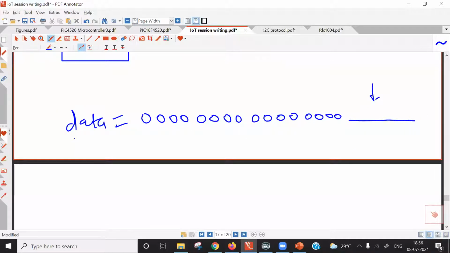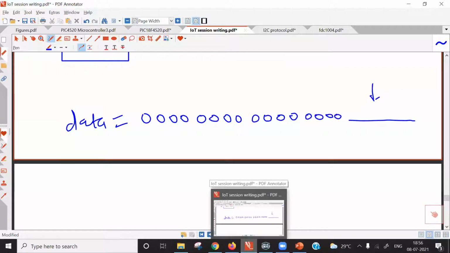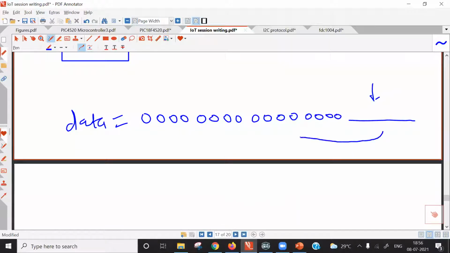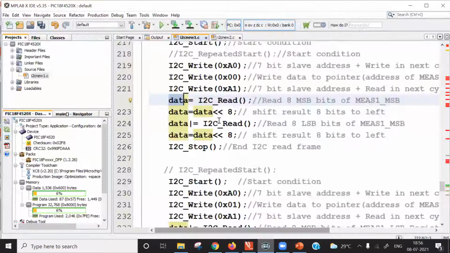What we have received is MSB data, so we must shift this data towards the left so that it is at the appropriate position. Now we are shifting by 8 positions.